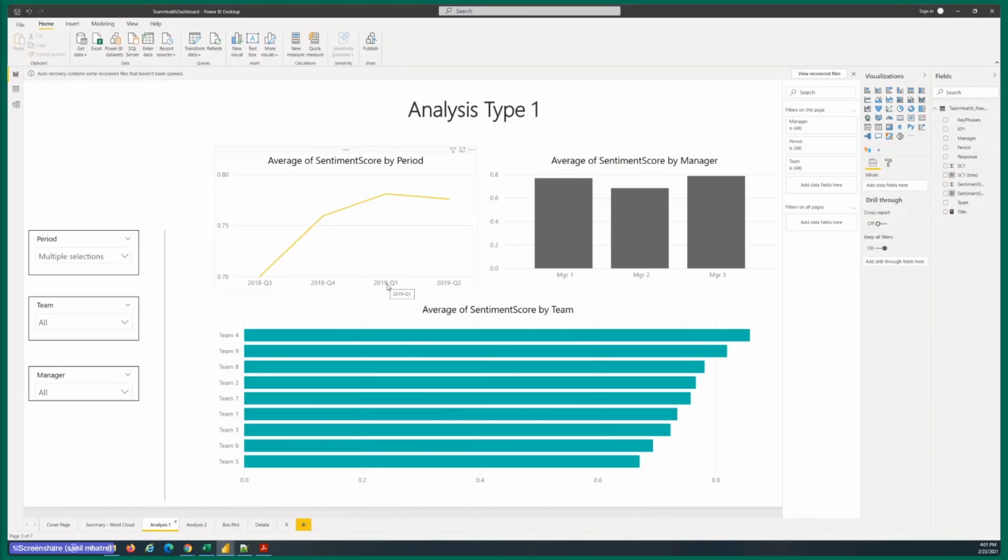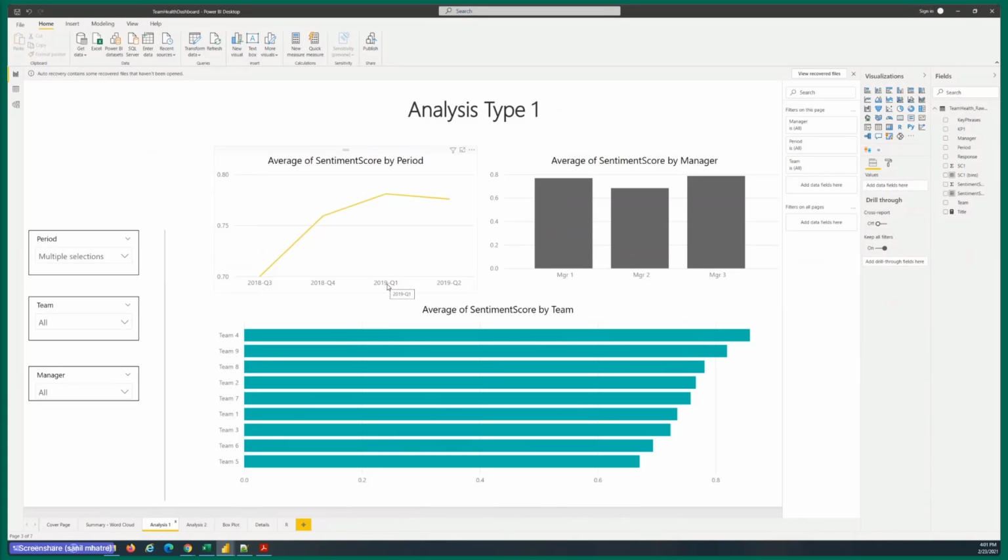Maybe everyone got a raise, maybe everyone got a bonus, or maybe they got rid of a manager who was not terribly great. I don't really know what exactly happened, but you can tell that something has happened which has caused the average sentiment score to increase over the past 3 quarters.